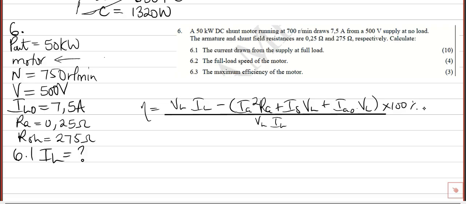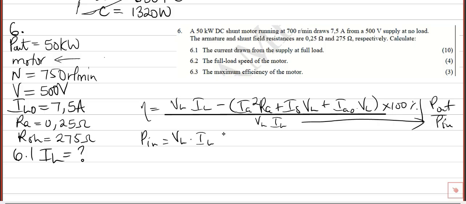So what we already know is that the standard for efficiency is always P out over P in. According to the formula at the bottom, we know it represents P in. So technically we have P in as VL times IL. At the top we have P out expressed as this whole equation. Based on our data, it's not like they gave us efficiency. If we had efficiency, we would easily say efficiency equals P out over P in